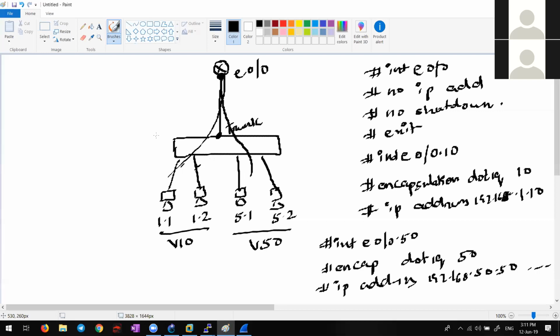In the doubt. So we have that VLAN tag, and is the VLAN tag the destination VLAN or the source VLAN? Source.